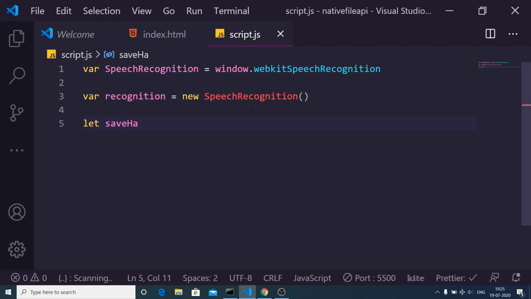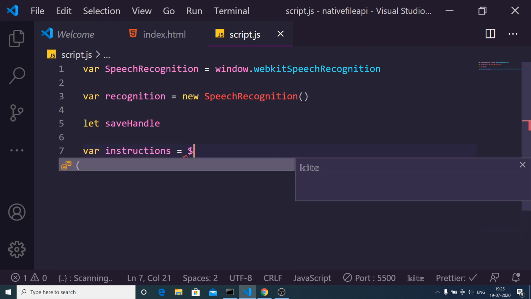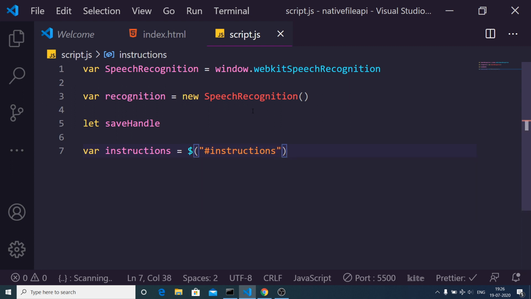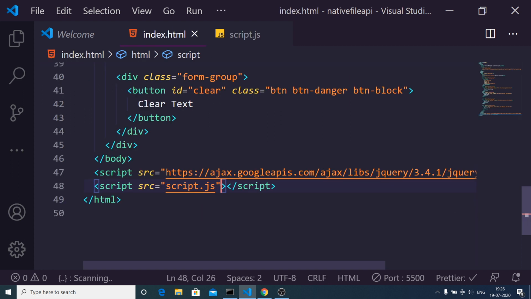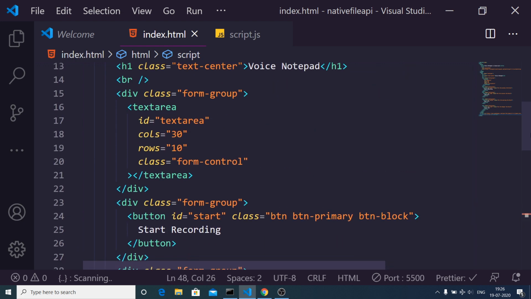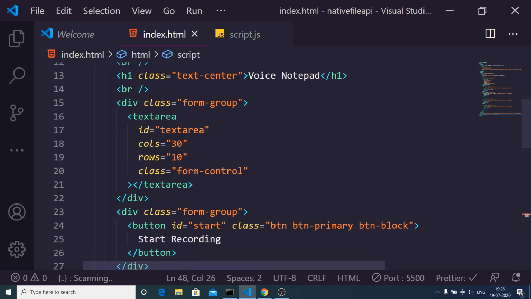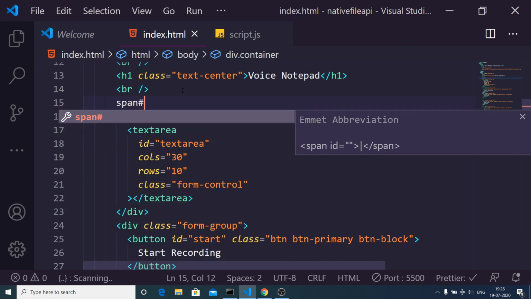Just declare this variable, and after this we will declare instructions. We will get the reference to the instructions element. Just declare inside index.html right here, after this break tag we have a span. Just give it an ID of instructions.